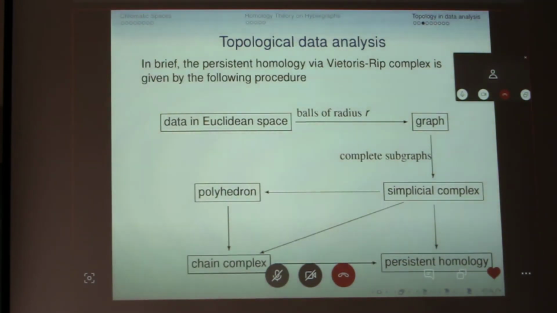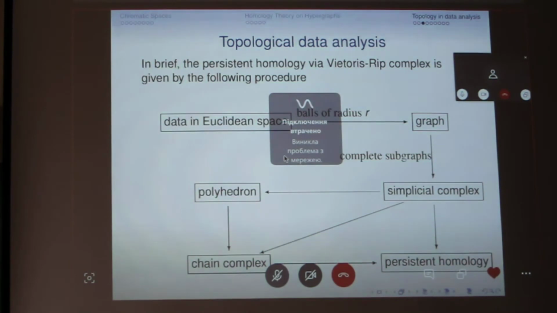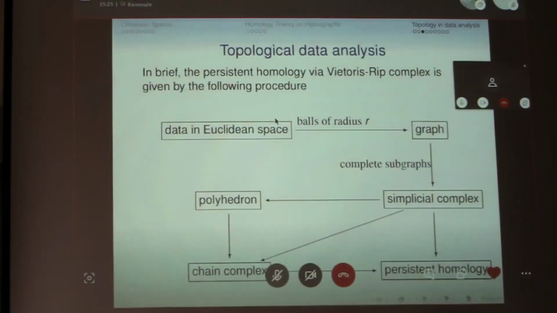Let's try to play games in the weighted situation. Try to make some weighted version, and also, since I am running out of time, I will just follow this idea. You can define the weighted homology, and